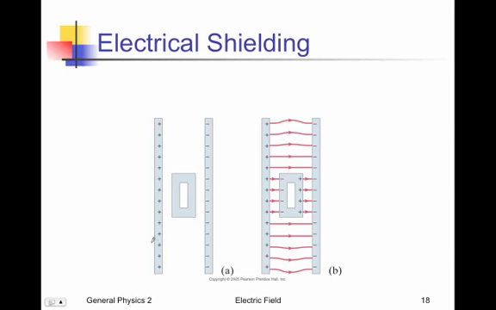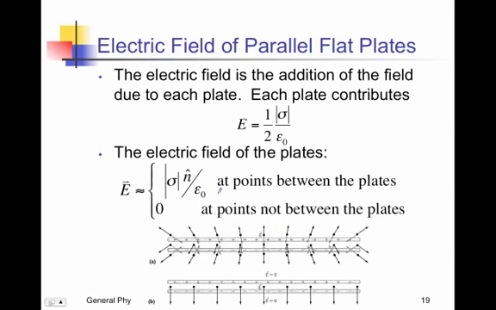Here we have two plates, and they produce a field, which we'll talk about in just a minute. But we can see that if we put a conductor inside of them, with no charge inside, it protects whatever would be inside from that electric field. One of the uses of a conductor is to protect something that we put inside from the field outside. Let's talk about parallel